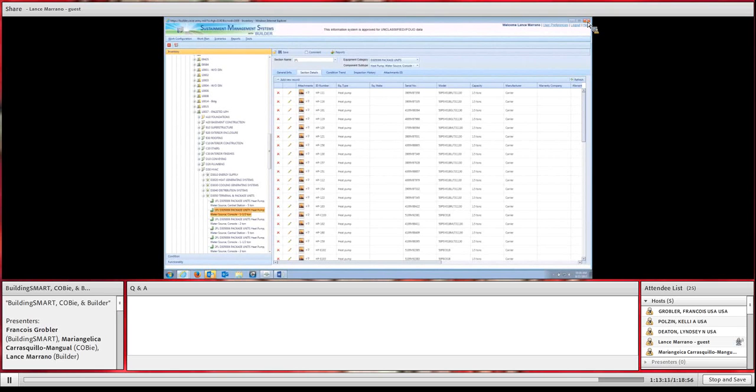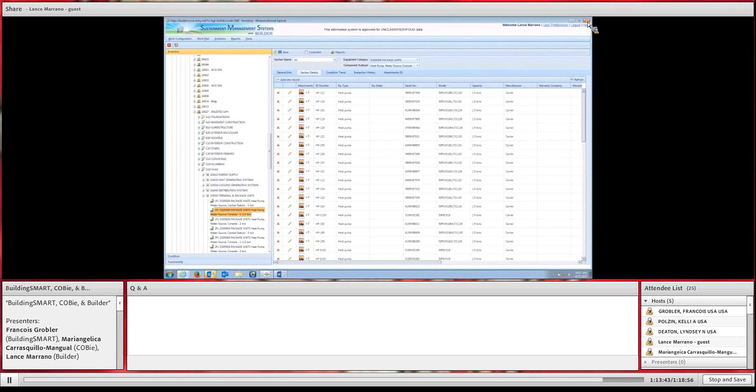We converted over 1 million records into Builder in an automated process. We're doing that now for the Defense Health Agency. We're creating a utility that will allow them, as part of their data collection routines, to go out and collect inventory when they do those assessments next fiscal year, and also to mine and use their existing equipment inventory out of their maintenance management system and load that into Builder. So we're building them a custom tool for that,